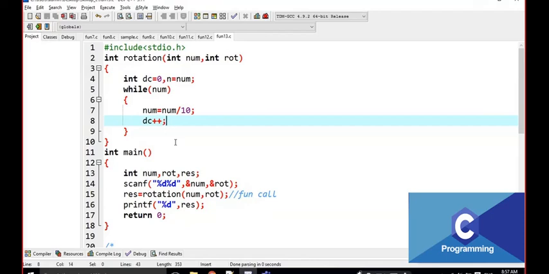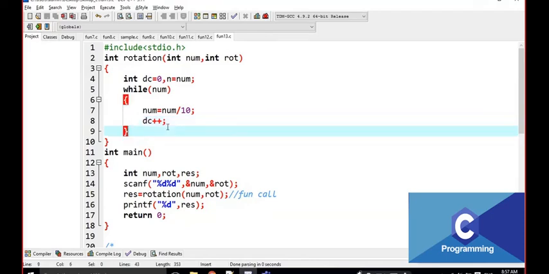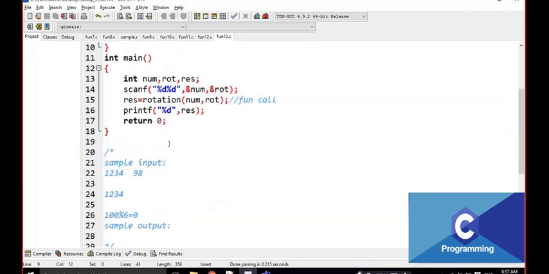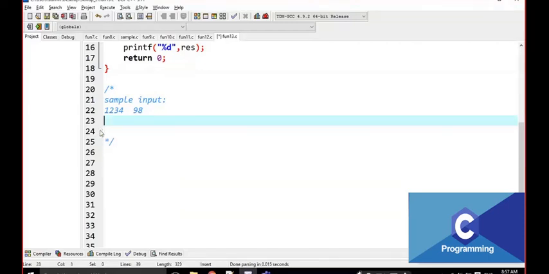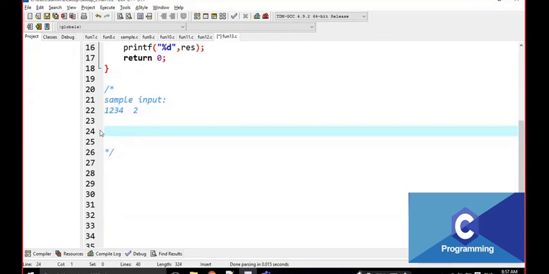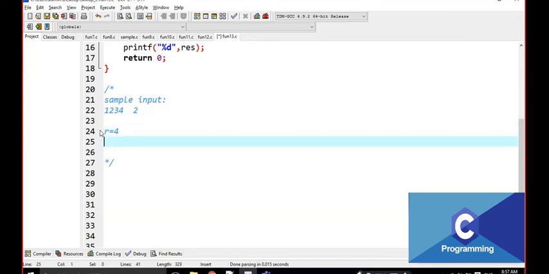For example, this is equal to 4 like this. But here, I am going to do 2 times. I know the last value. For example, the last value is going to be 4, and the number is 1, 2, 3.